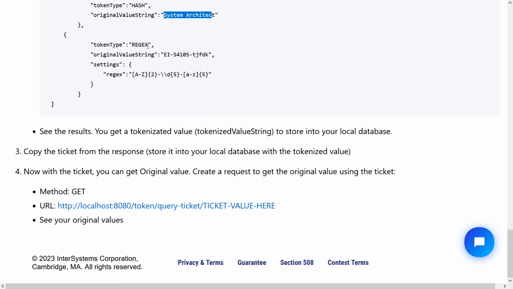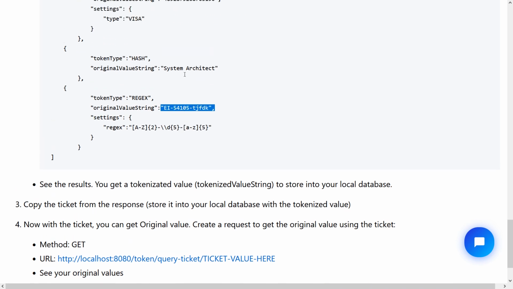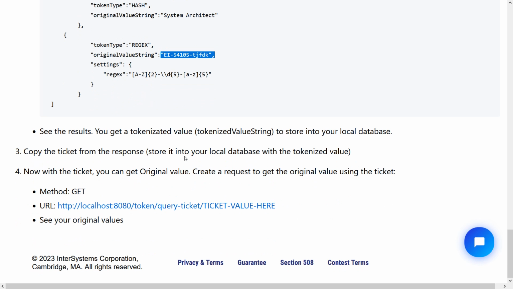And you can choose regex. That's very flexible, because you can write complex code to generate a tokenized value for an original value. So many options to tokenize data and protect your real data